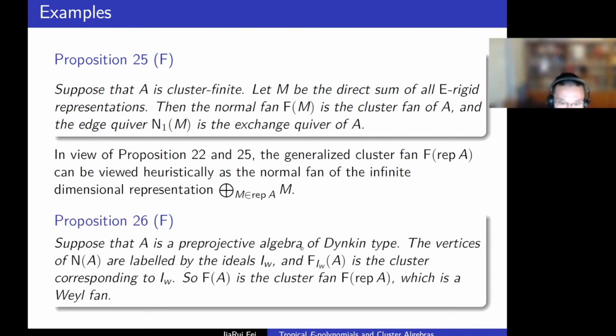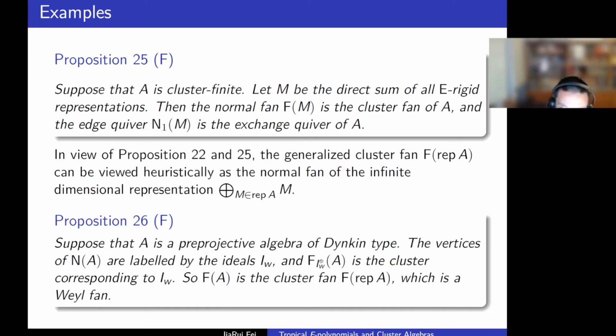And the second class of algebra is the preprojective algebra of Dynkin type. In this case, I'm not going to take the direct sum of all representations. I only need to take the direct sum of projectives. But if you like, you can take all. So if you take the direct sum of projectives, then if I look at the Newton polytope,